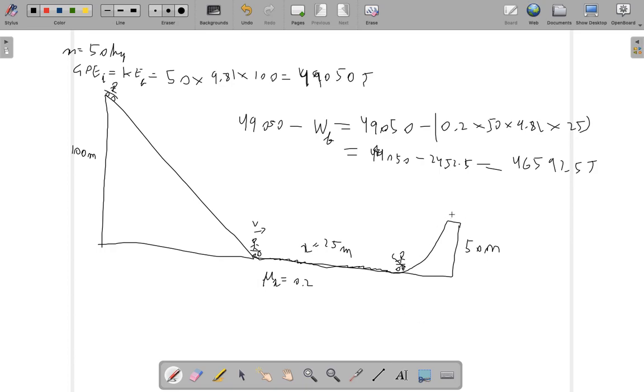So as he goes up the ramp, he gains some potential energy. And the potential energy he's going to have once he's up the ramp, the GPE final, is going to be equal to 50 times 9.81 times 50, or basically just half of what we got earlier. So 49050 by 2, it's just going to be 525 joules, which means he'll be left with the kinetic energy at the end of